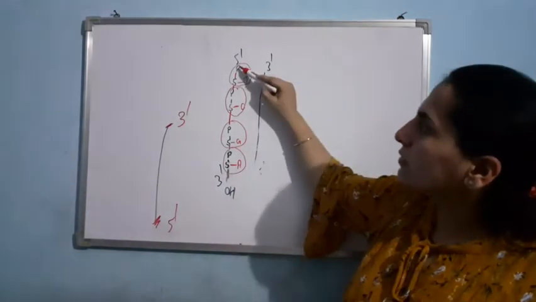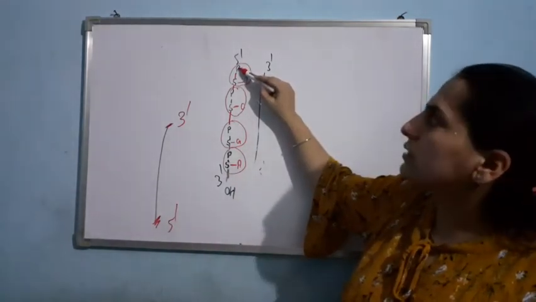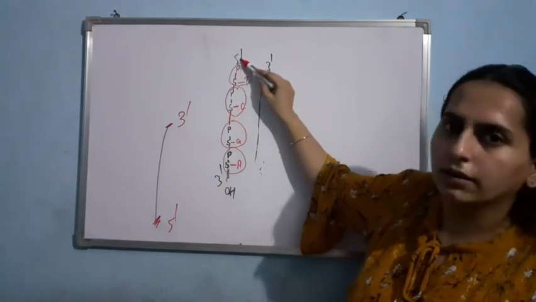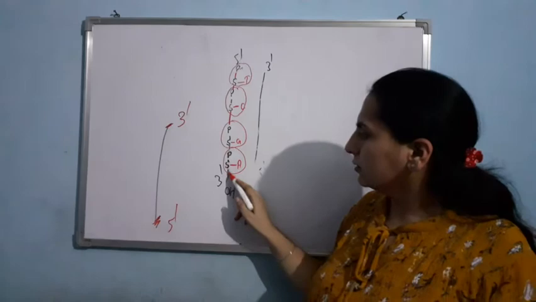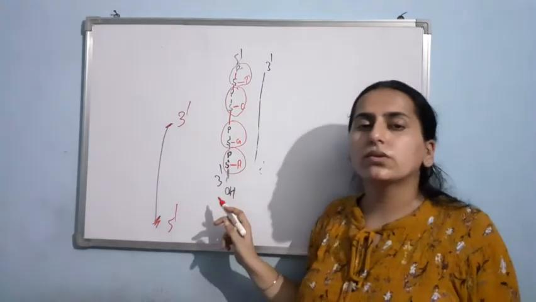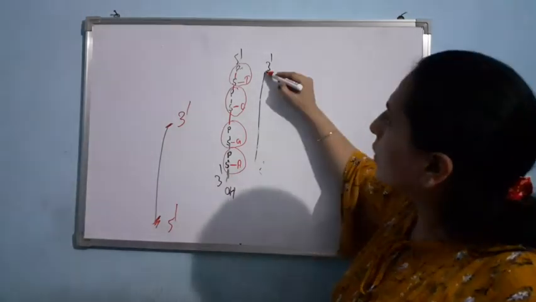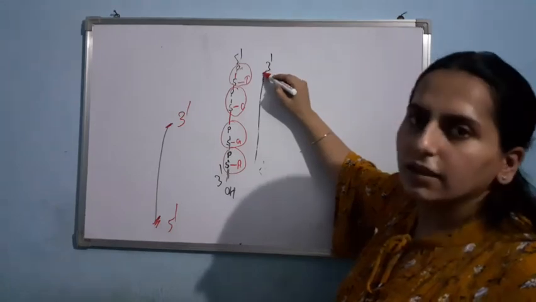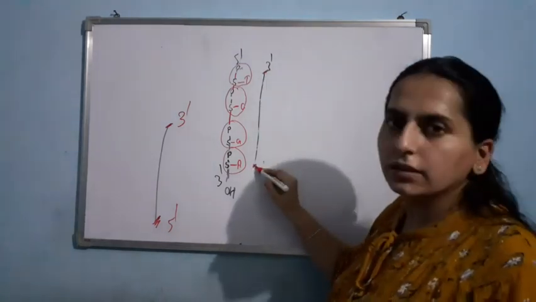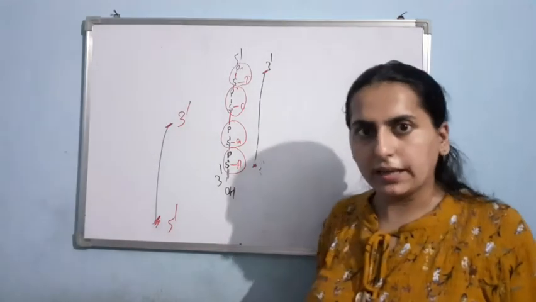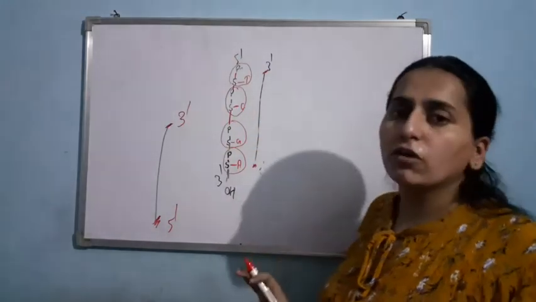So here as the free phosphate group is there, as you can see the phosphate group is not attached with anything. So here it is the 5' end. And here the OH group is free. So this will be the 3' end. Now here 3' end means the free group is OH. And 5' means here the free group is phosphate. Am I clear? What is the meaning of polarity?